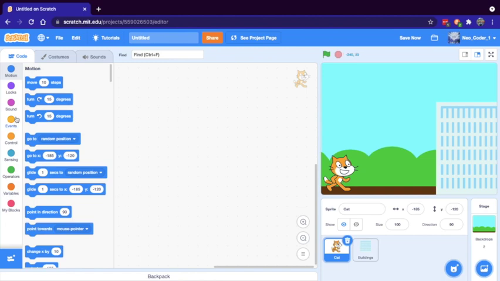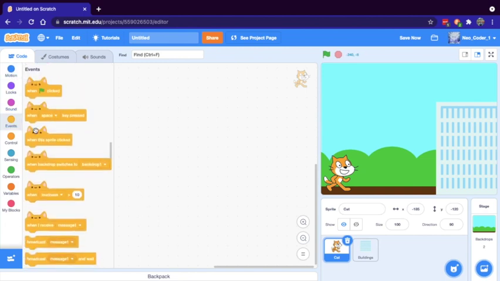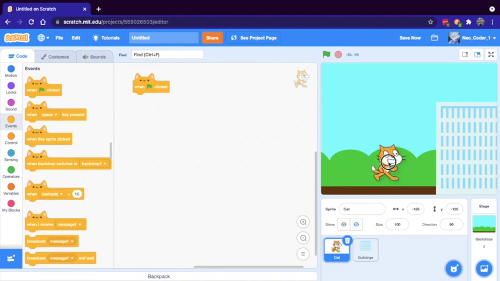So now we are going to make it so that when the green flag is clicked, when we click this flag, something should happen. So take this, when green flag clicked. We want this sprite to go here. As you can see, these are the coordinates: 185, minus 120. As I move the sprite, see, they are changing.